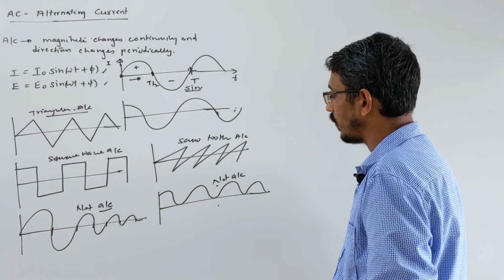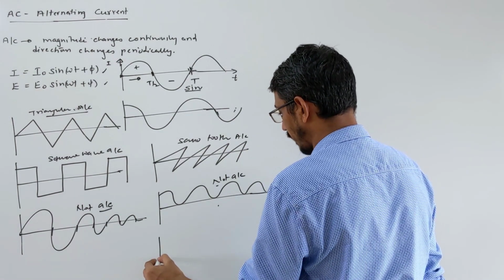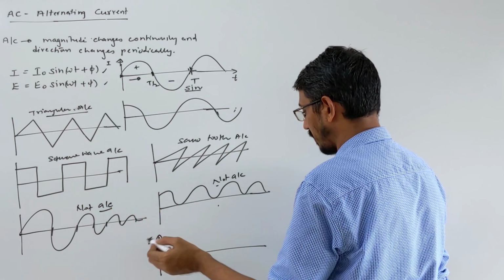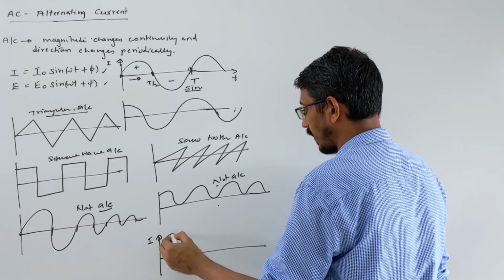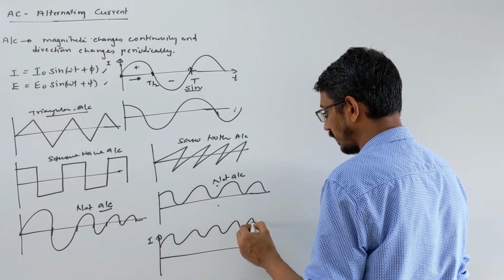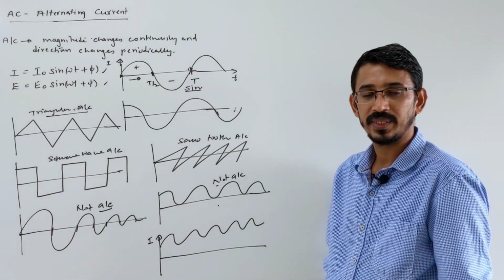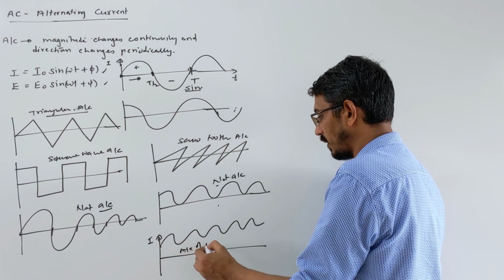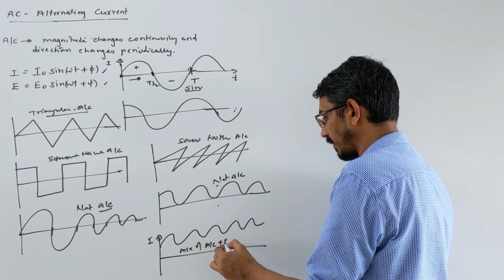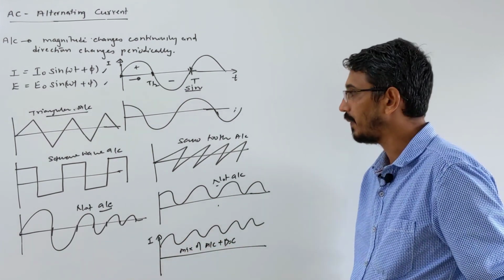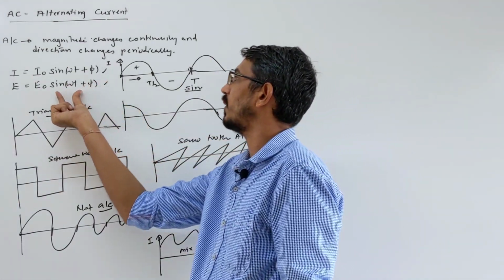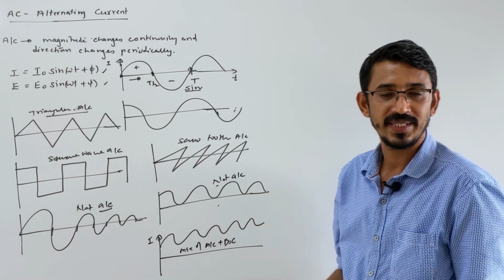Or suppose I draw like this type. This is a current all the time, a current-time graph I am drawing. Suppose I draw this type of wave. Then look here, this is a mix of AC and DC both. AC plus DC, both mixed will look that way. So what I said is that in this chapter we will talk about this type of AC current, sinusoidal AC current, right?